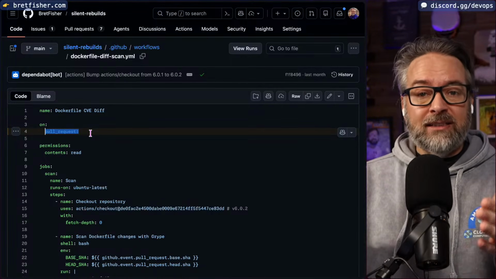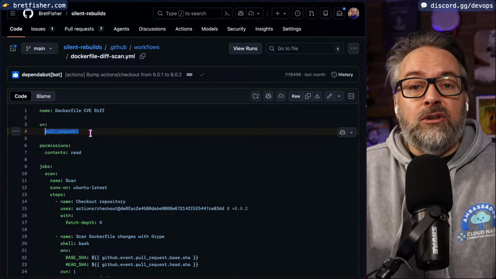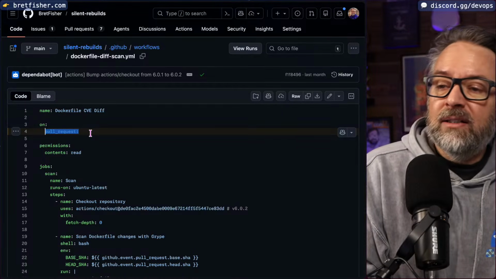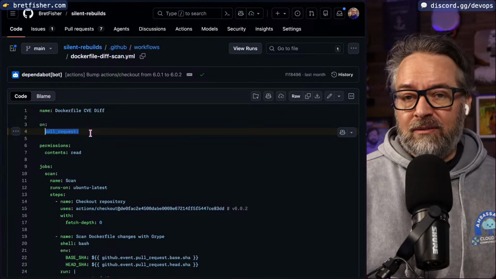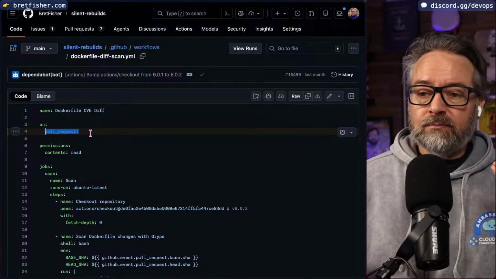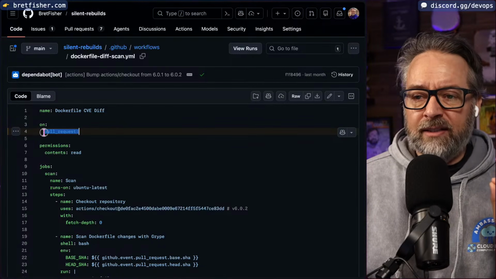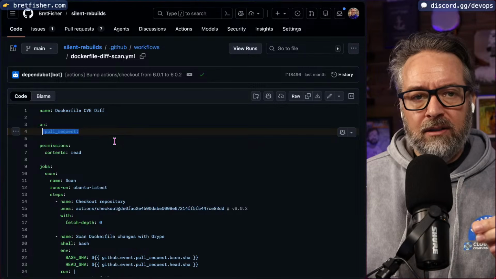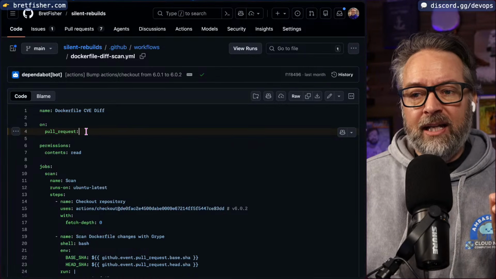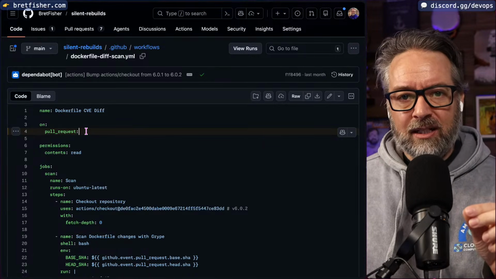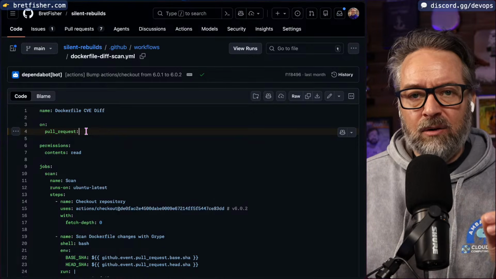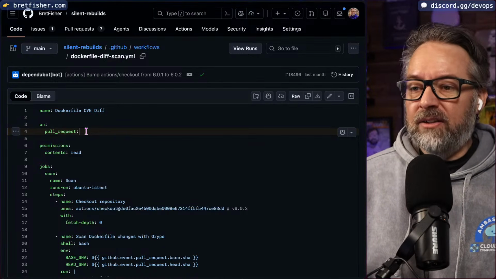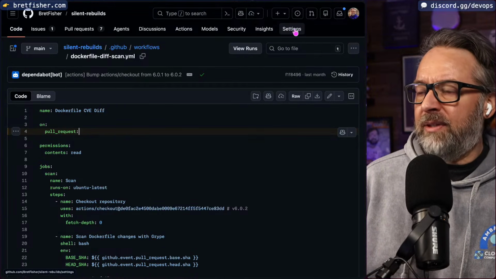Any of those things are technically an event. They're a change or a potential change. And the pull request is honestly the most dangerous one, but this alone isn't enough. Just simply putting that there doesn't mean you're at risk. It's this one combined with a few other things. So this one combined with a setting,